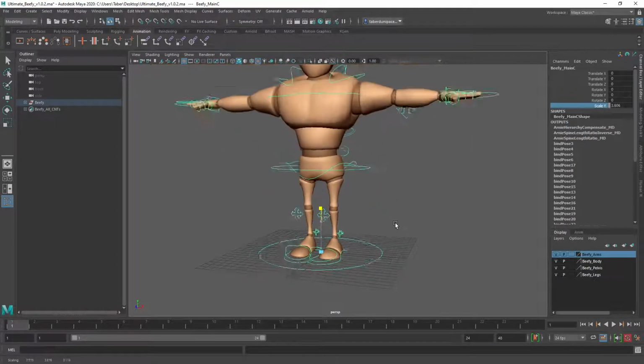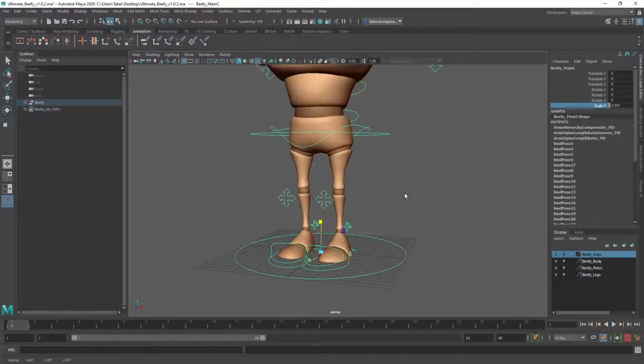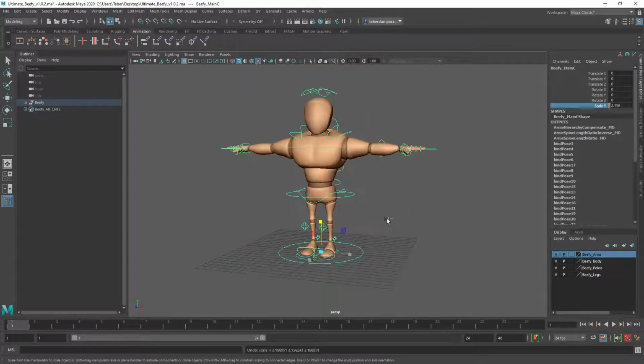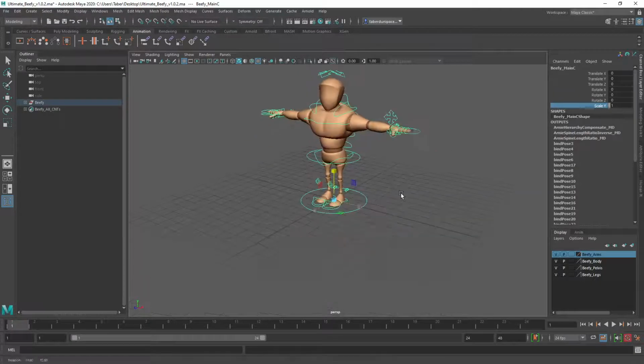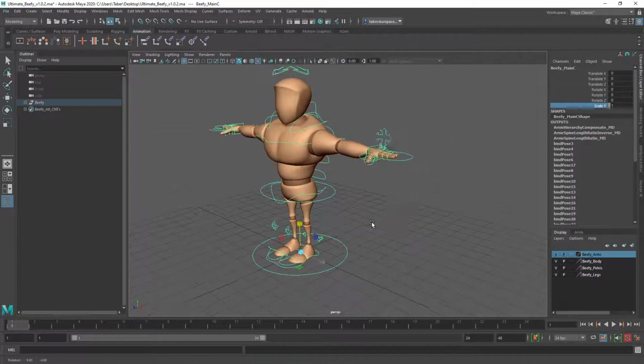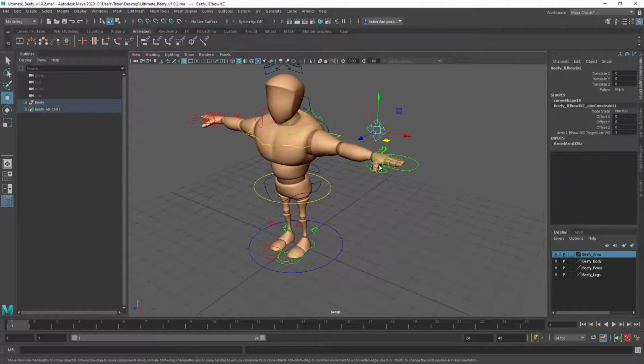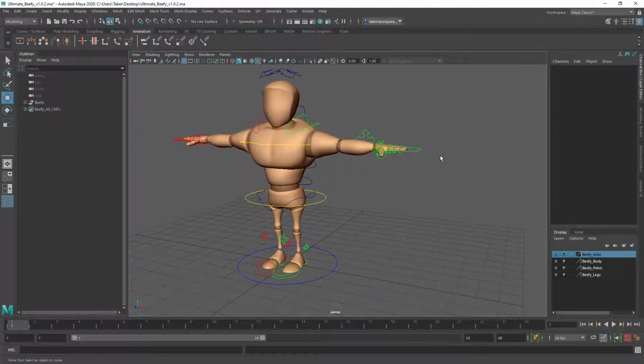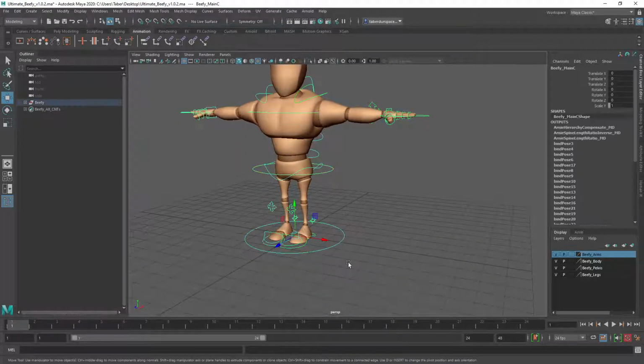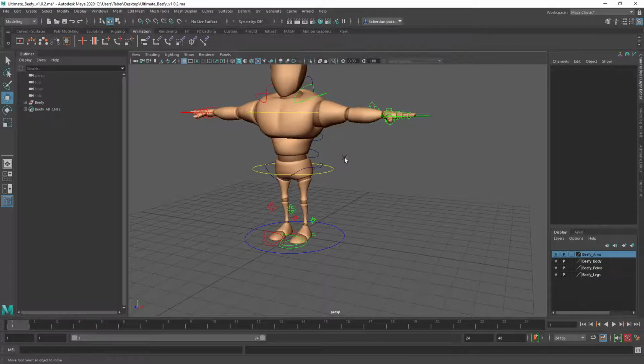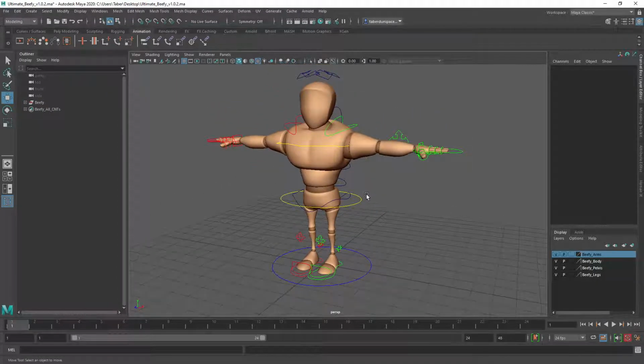This is usually the only safe way to scale the character, if they provide a scale interface like this. Otherwise, you never want to scale anything on a rig. You can move it and rotate it, that's it. Try never to scale unless there's a special channel. So this one down here, we almost always have, followed by the second most important controller, which is either center